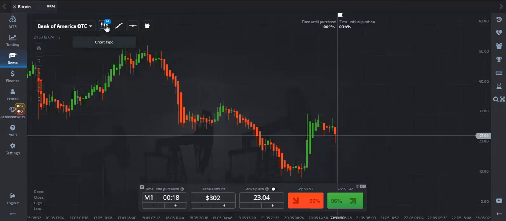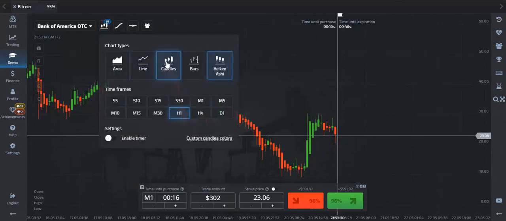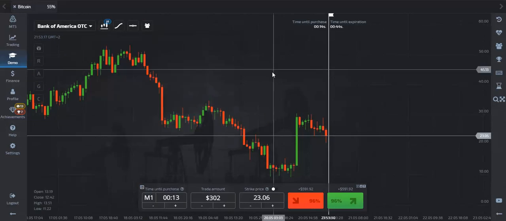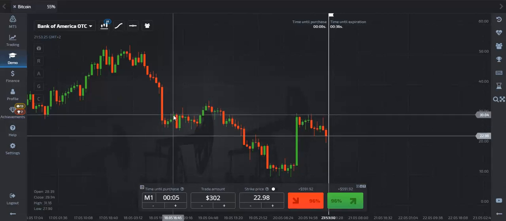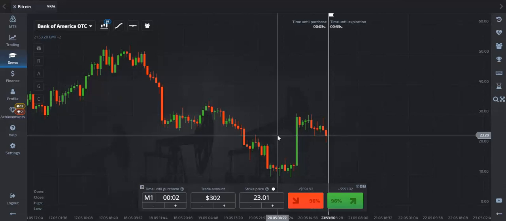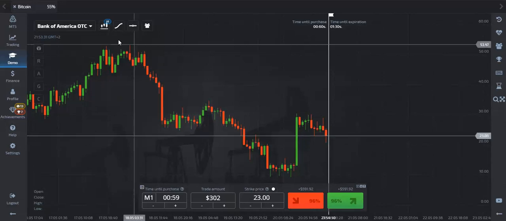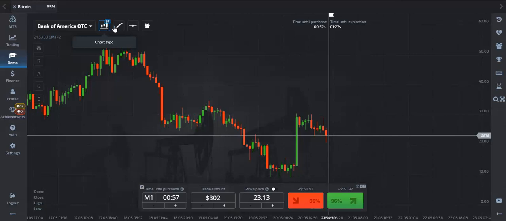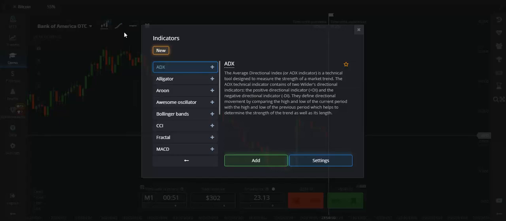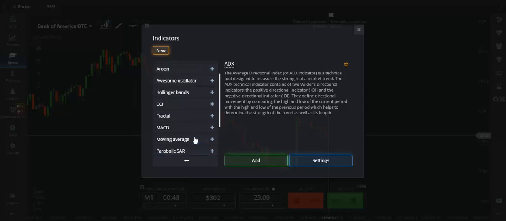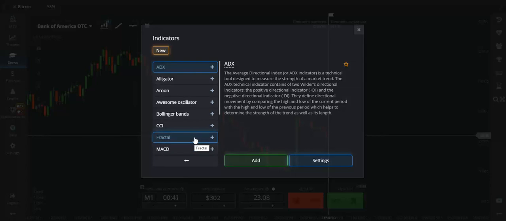Now for our purposes we're going to stick with the candles, and so quite happy now that we understand that the price is going down when we see a red candle, and the price is going up when we see a green candle. Now that gives us some sort of pattern, but it doesn't really give us a signal. So what we're going to do is incorporate indicators. So we're now going to click on the indicators, and as you can see there are a huge array of different indicators. Now the first ones that I'm going to talk to you about will be